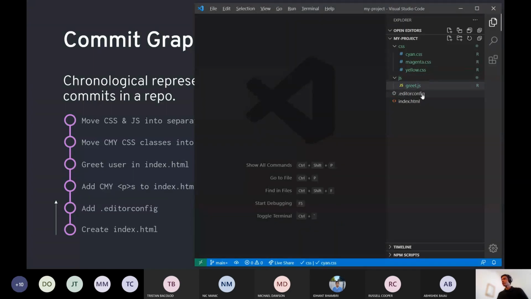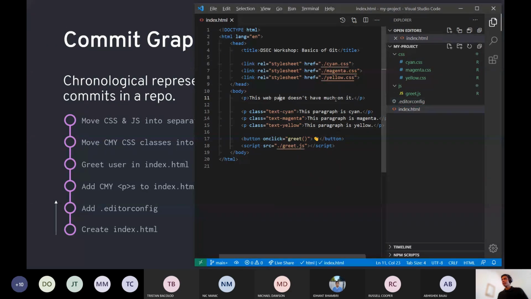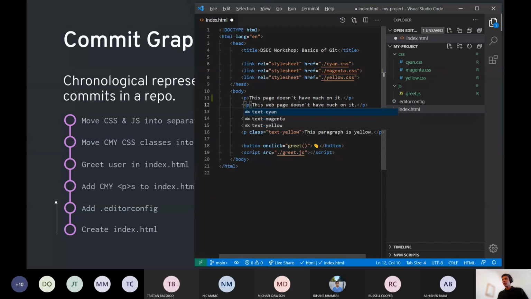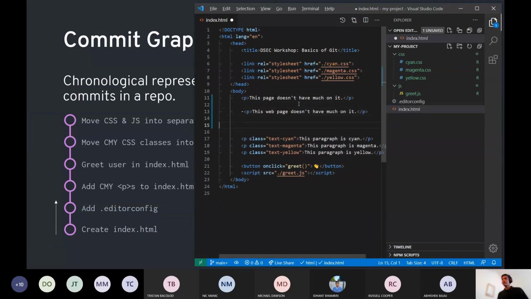So the diff that you see might not always be the most intuitive thing, but it's always equivalent. Whenever you change a word or a letter, for example, if I delete this word there, Git understands this to be removing the line that says this web page and adding a line without the actual word. But we'd obviously understand this as just removing this word. The point is that this is equivalent to removing that. So it's just something to bear in mind.